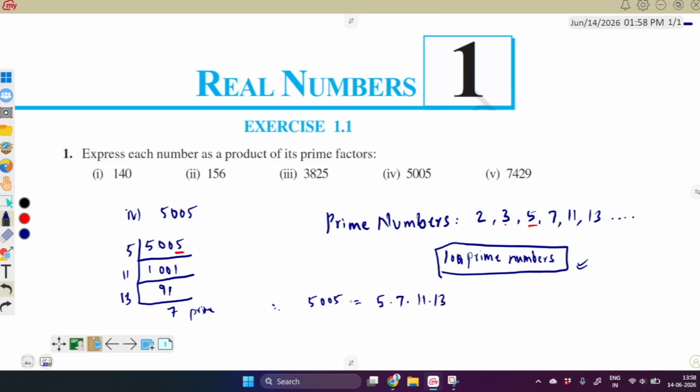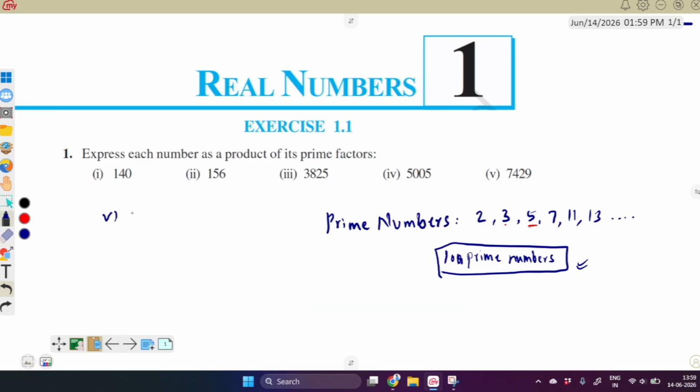Okay, remember we need to write in ascending order. Either you can keep the powers 1 or you can leave as is. You need to know the prime numbers between 1 to 100 and the first 15 tables to do this. This is the prerequisite. Next one, so